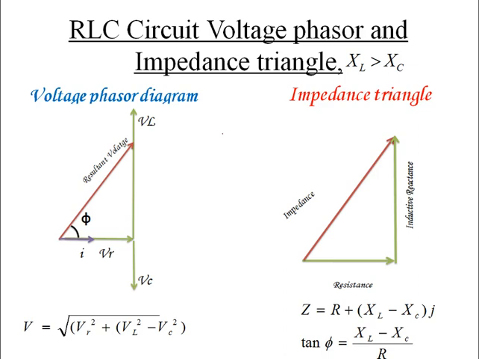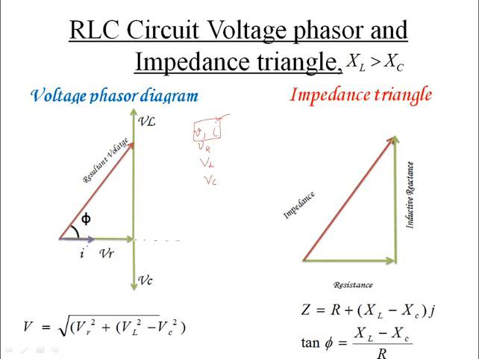This is another important thing, that is the voltage phasor diagram and impedance triangle. So we have a series circuit, right? So let V be the applied voltage, VR be the voltage across resistance, VL be the voltage across inductance, VC be the voltage across capacitance, and the current I is the current through the series circuit. So as earlier, your current will be your reference. Why? Because the current is the same through the circuit. So I have taken the current as my reference.